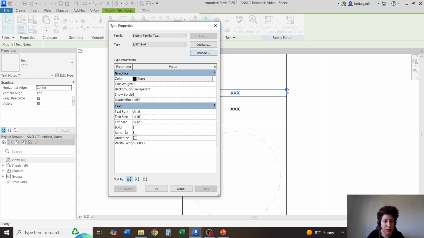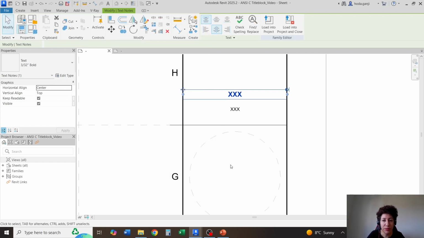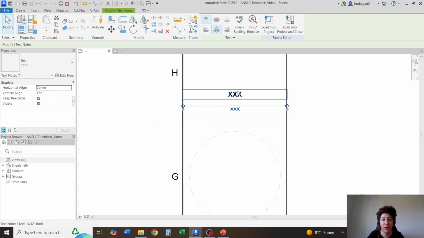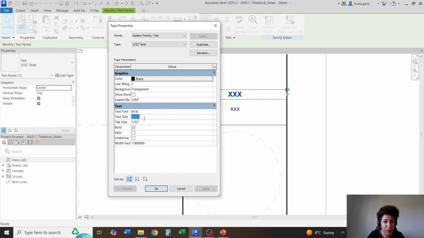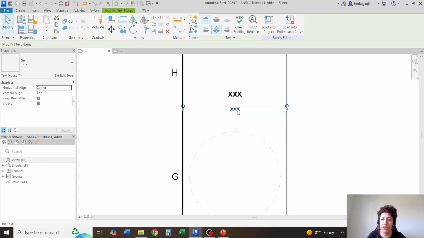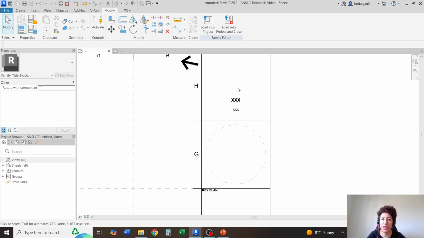So I want to check the box for bold here, and the text size is going to be 3/32 of an inch. Tab size is going to be the same. I see I accidentally changed it. 1/32 for the tab. So 1/32 for the tab, 3/32 here is transparent. Everything looks good. So here goes the name of your company, the address and the website here, and the logo